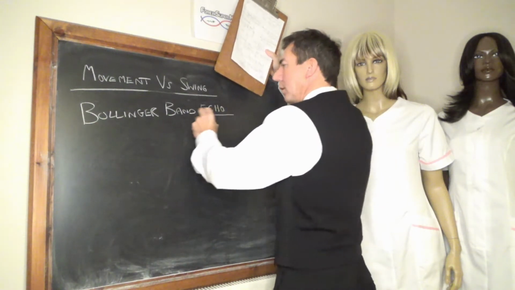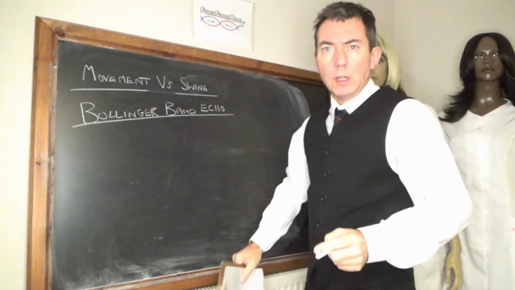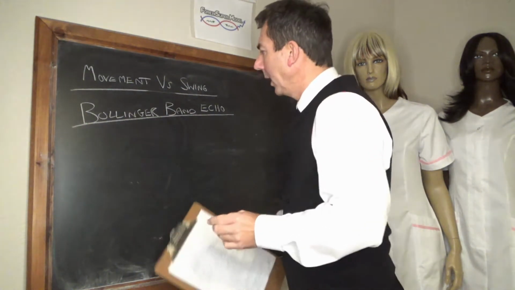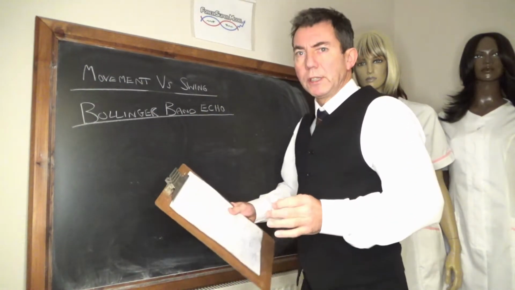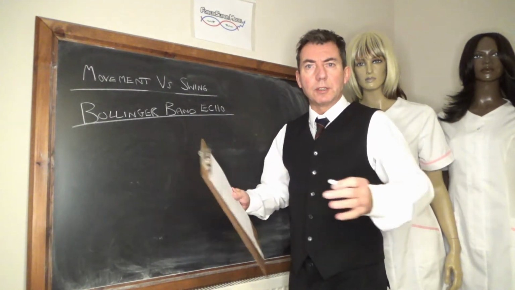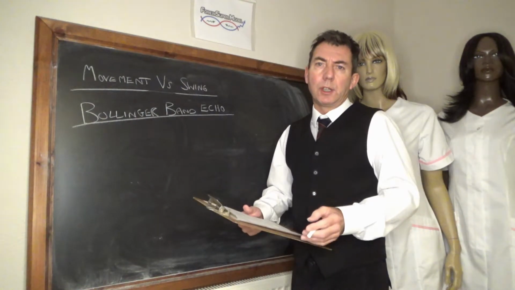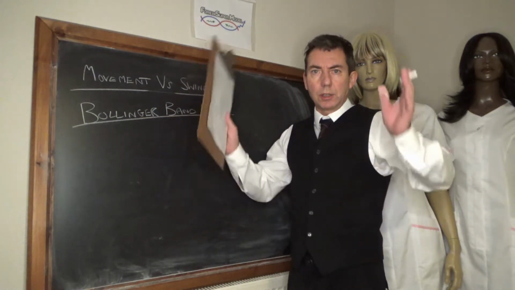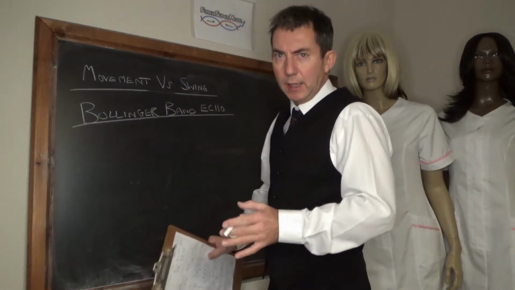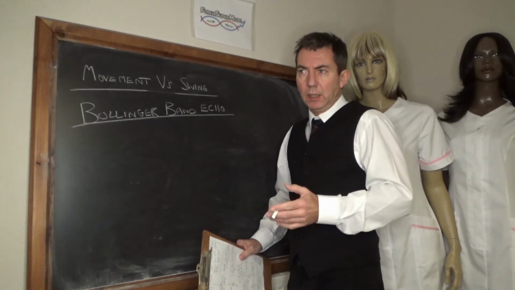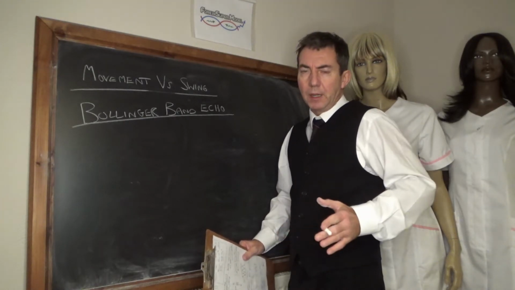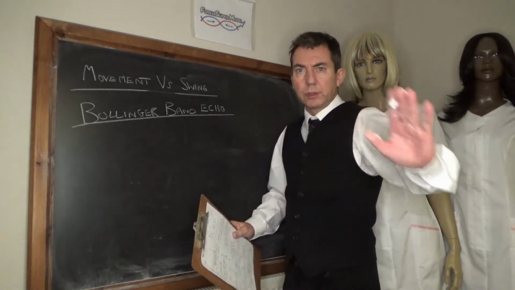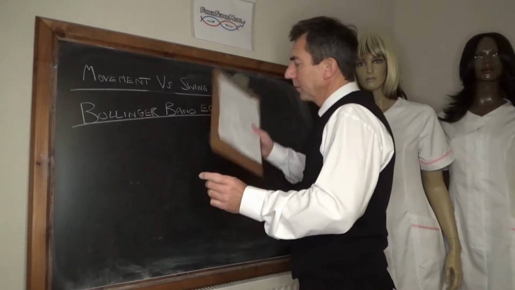Right, on to the Bollinger band echo. Now this is something we've developed here at the Forex Super Model, where basically if you imagine the markets are a nice pond, and somebody walks up to the pond and chucks an enormous rock into it. That is the equivalent of a volatility spike. It creates a big wave and ripples going out through the pond, and what you tend to get